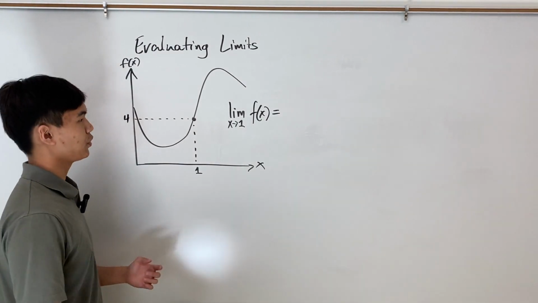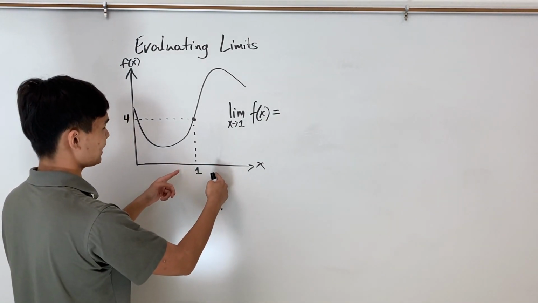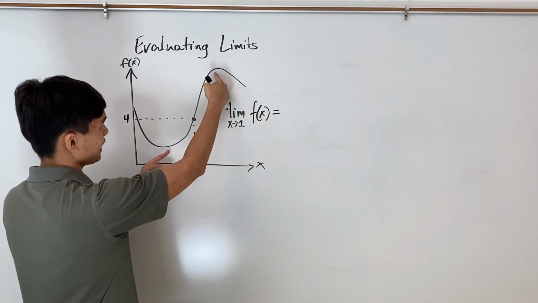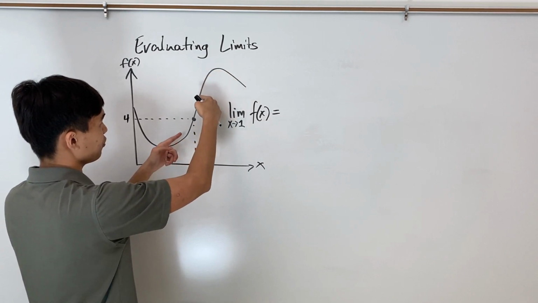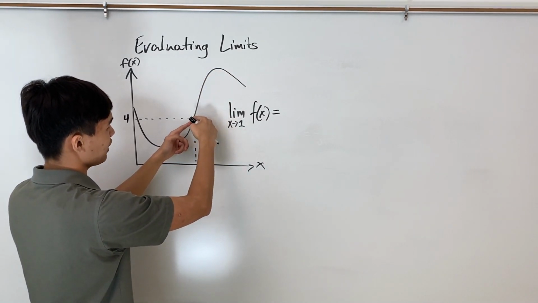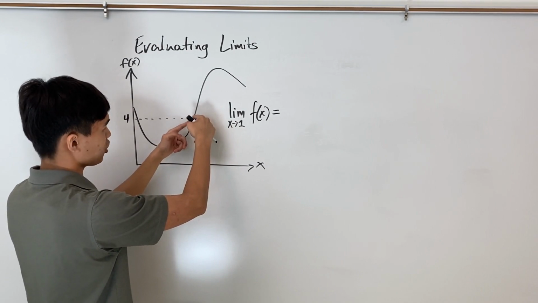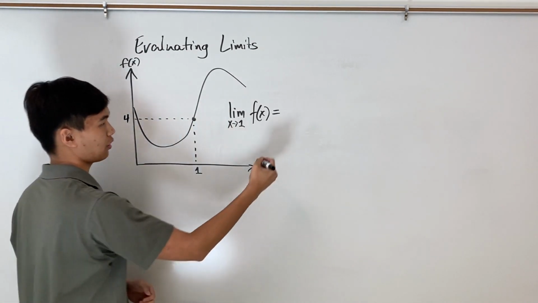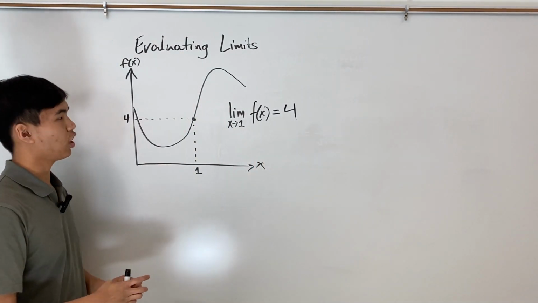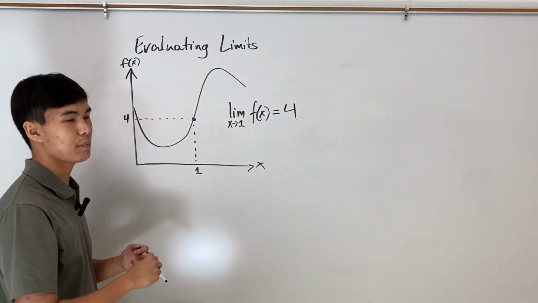So how you go about doing this is I would start some distance away from 1, equal on both sides, and then I would follow the curve with my hands until I got to 1. And that's the limit of the function, which in this case is 4. Or in this particular case, you could argue that since the function is continuous, the limit is just the function